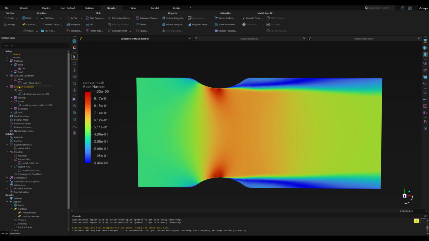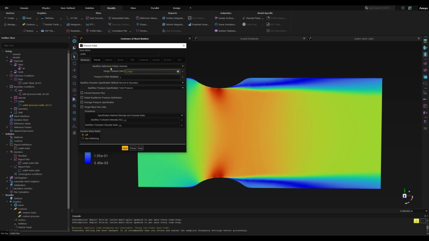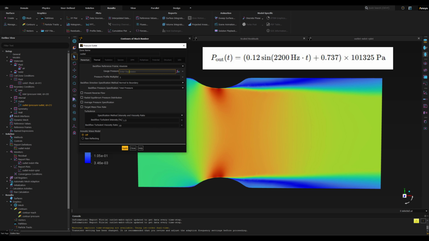So now I need to go again to the boundary condition and outlet, double click to open the outlet boundary condition, pressure outlet, to edit this part. So here I need to select the expression from this gauge pressure. So I will open this window and select the expressions here. Then I need to enter the expression. So I have entered this value here,